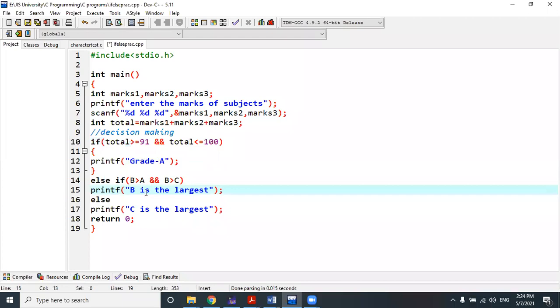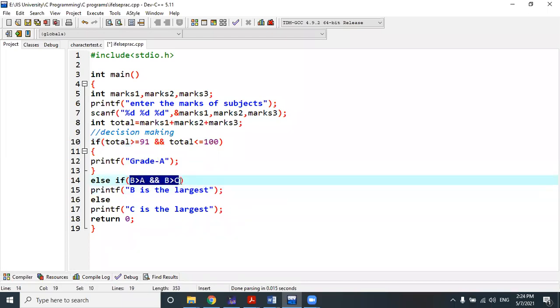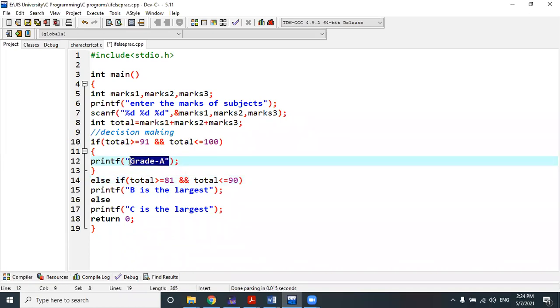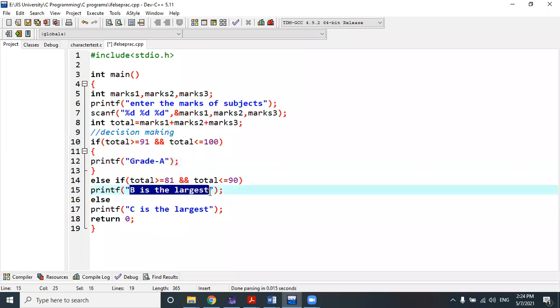অনেকগুলো divisions থাকে প্রত্যেকটা grade. I think all of you know that thing. So in the next case, if the total is greater than or equal to 81 and total is less than or equal to 90, right, then it should be grade B. It should be grade B,